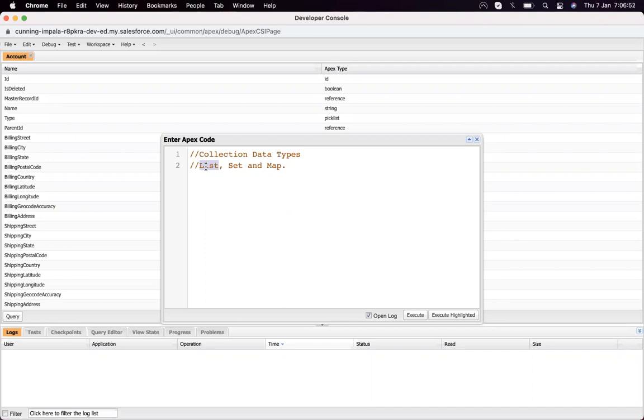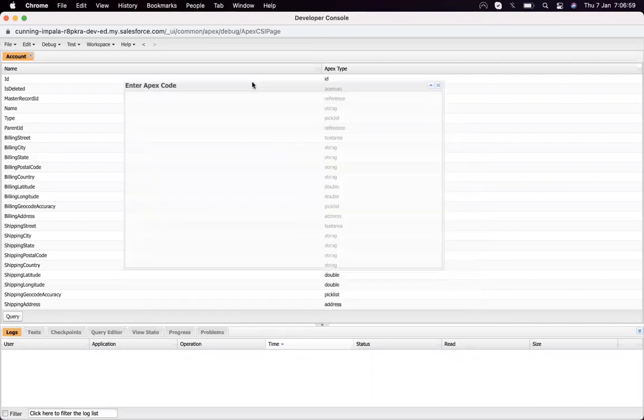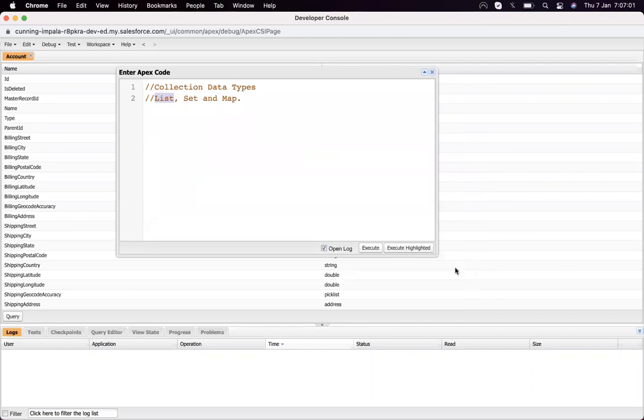So let's have a look at how we declare a list, what operations are available on the list, and how we work on the list.